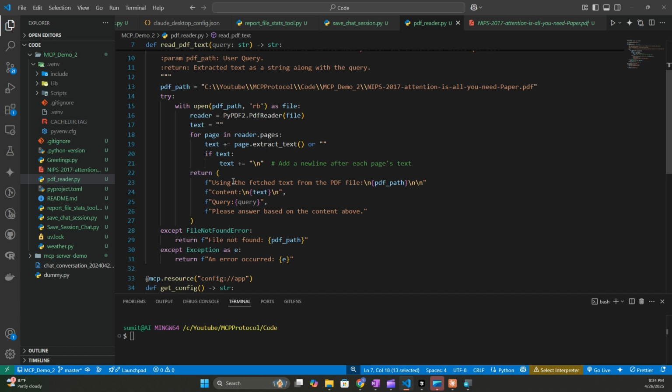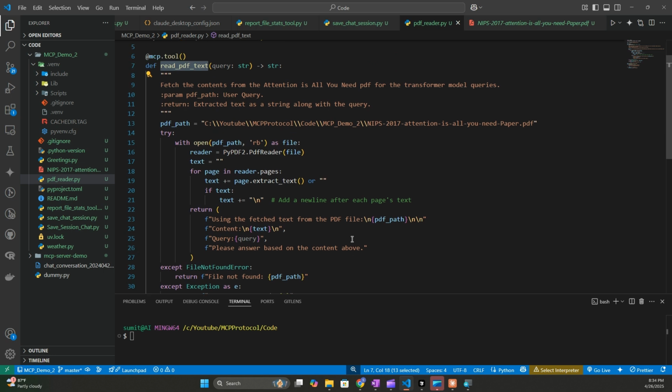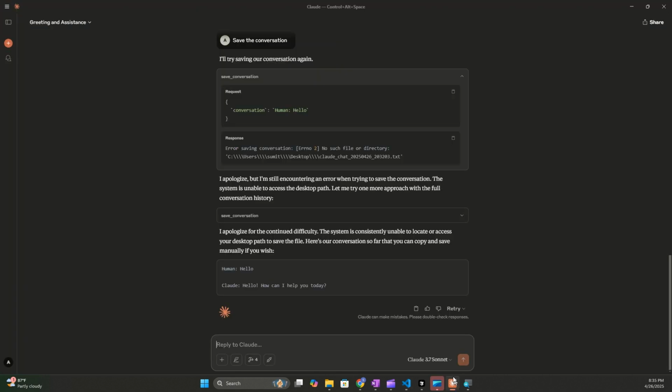So I'm saying, okay, using the fetched text from the PDF file, I'm giving the path and content. Now this text variable has the complete contents extracted from this paper, and then I'm giving it a query back. So I'm looping back the query and I'm asking it, now please answer based on the content above. So now Claude will be able to have the context, which is the complete textual information from this paper, and will be able to generate the answer to what I'm asking. Okay, so let's get back to Claude and ask,